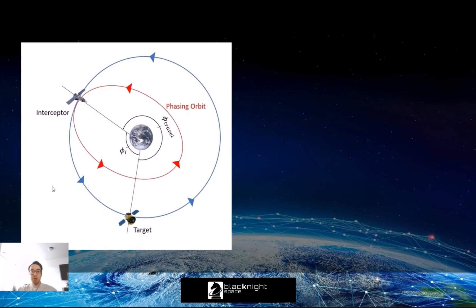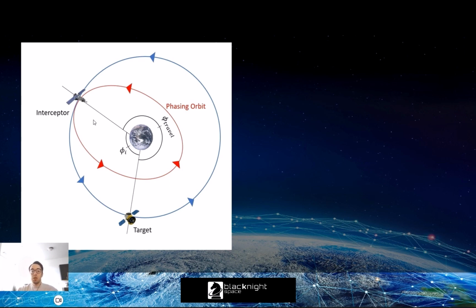Today we are going to show you how you can use STK to operate a rendezvous operation between two satellites in the same orbital plane. As you can see on this figure, our two satellites start with a difference in true anomaly that can be seen as the angle marked phi. Our goal is to reach a phi value equal to 0, so to speak the same true anomaly as our